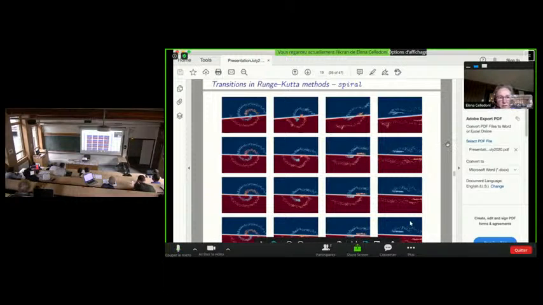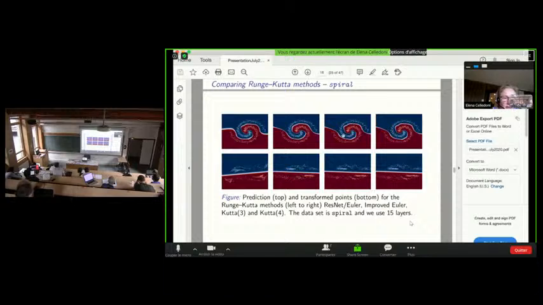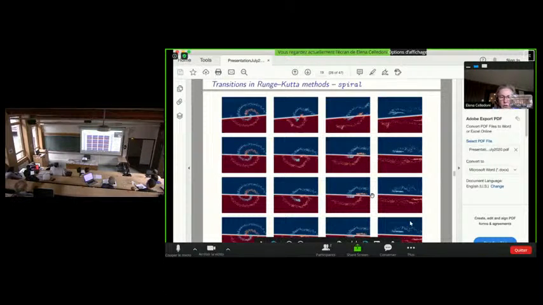And we were kind of sorry to see that there were no big differences between the different methods. Perhaps there is a slight difference between the order 1 method and the order 2 and above, but above order 2 they seem to behave all in a similar way. Still, it was interesting to see that there was this consistency in the various methods.